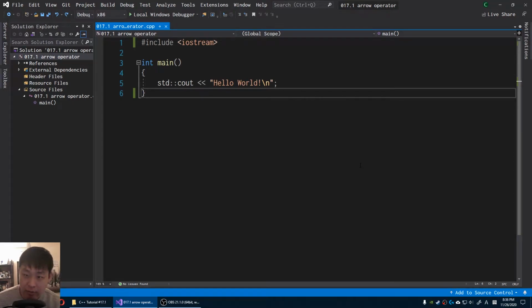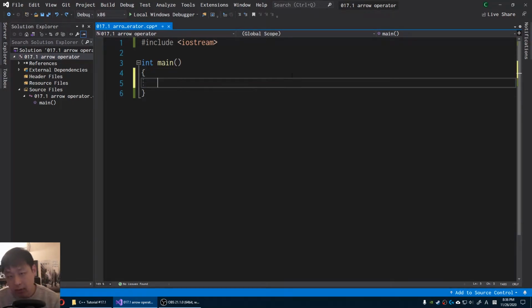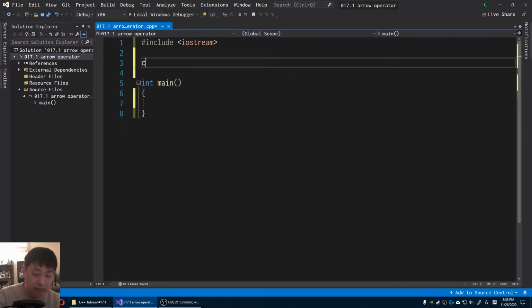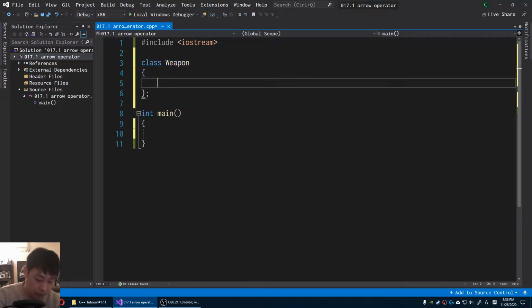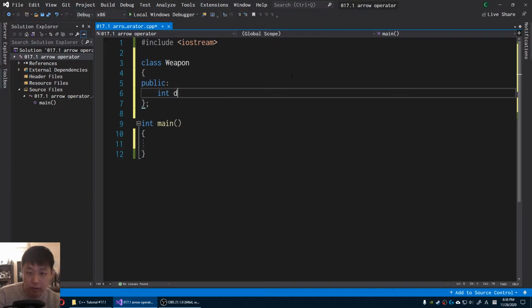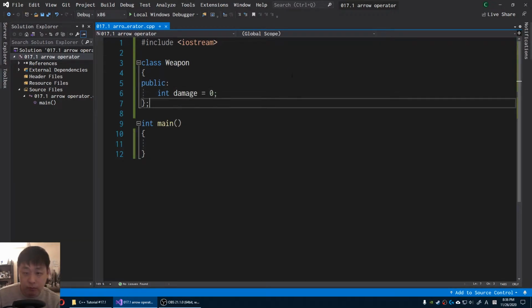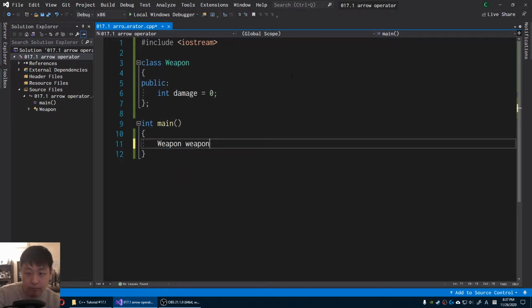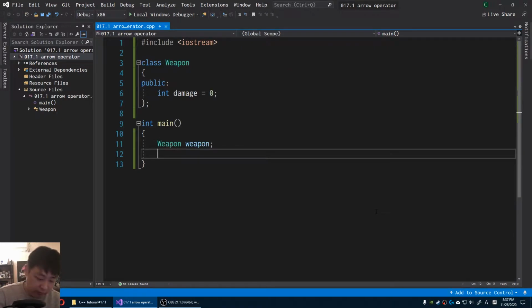I didn't talk about arrow operators in video number 17. It's just syntax regarding pointers. Let's say we have a class Weapon. For simplicity, let me make everything public. We have damage 0, and we have a weapon. If we also have a pointer to the weapon,